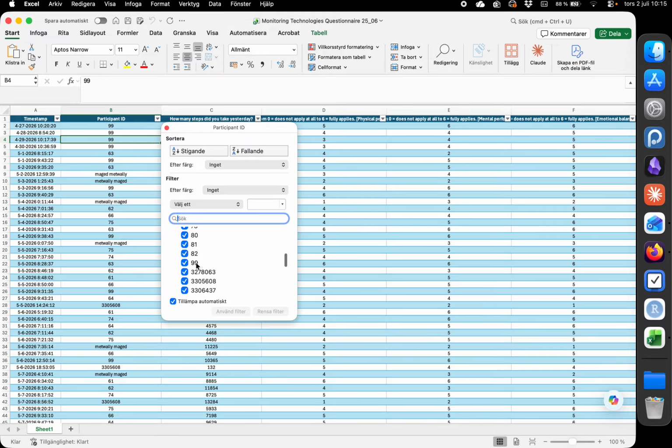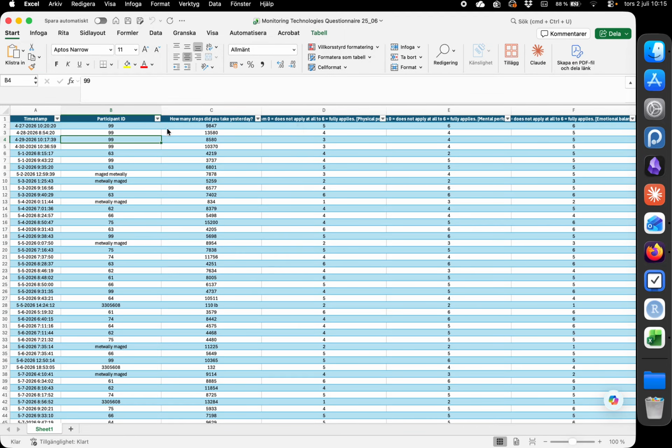Number 99 is always going to look exactly the same. So if you have one of these ID numbers that you're sure that every time you filled in the questionnaire, or your partner filled it in, it has exactly the same ID number, then what you can do